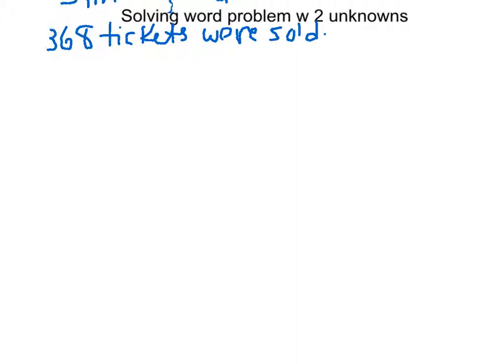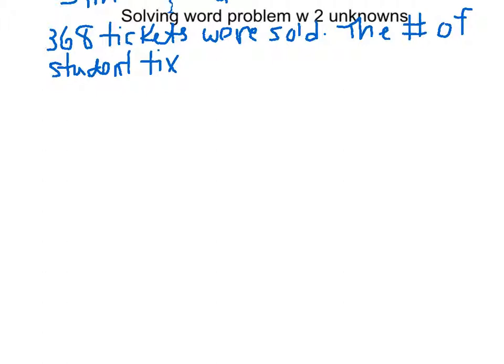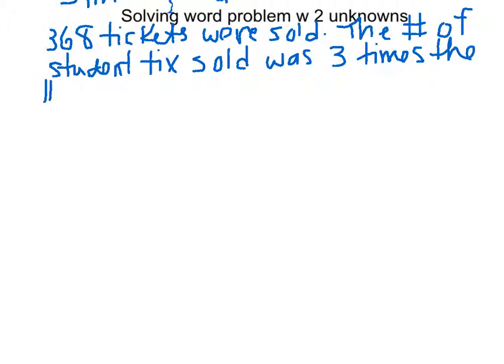Let's say that the number of student tickets sold, I'm going to abbreviate tickets T-I-X, the number of student tickets sold was 3 times, or triple, the number of adult tickets